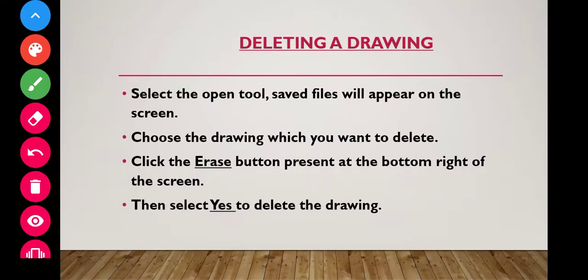Now next, how can we delete a drawing? Delete a drawing means whatever unwanted pictures are there in your drawing, if you want to delete it, you can do that also. You can delete a saved file in the TuxPaint. For that, you have to select the open tool.